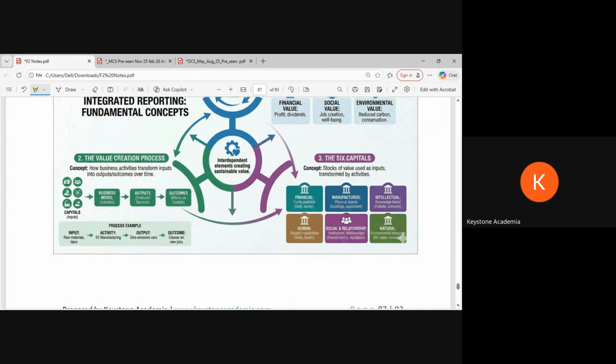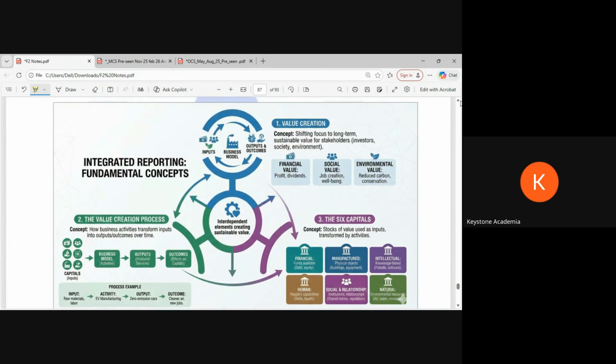Especially certain businesses, if they are using natural capital, how are they giving it back? For example, certain businesses like paint companies need a lot of water. Or the airline industry, they are responsible for a lot of pollution. So if we disclose on that, we'll become more responsible. Technically, if you just look at this chart, the entire chapter is in here.